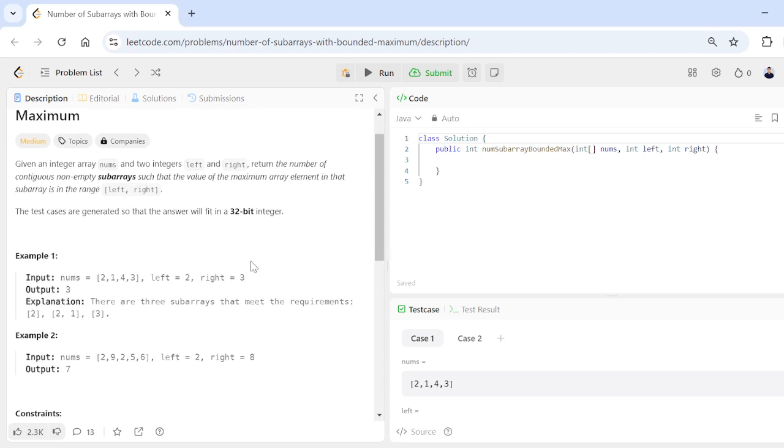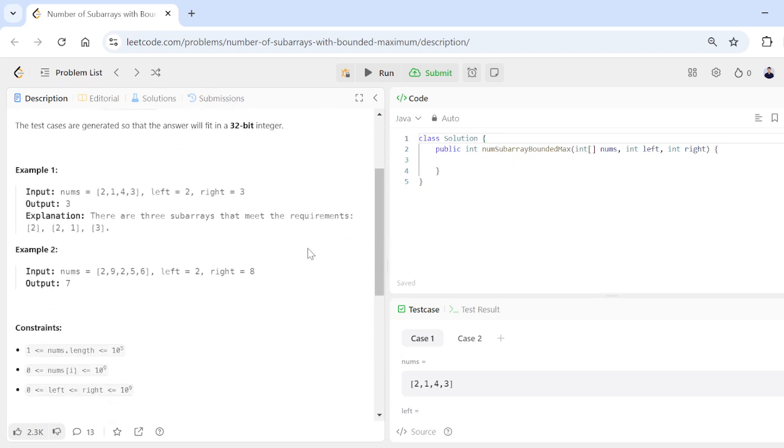We are given an integer array nums and two integers left and right. Return the number of continuous non-empty subarrays such that the value of the maximum array element in that subarray is in the range of left and right. So we have to find each continuous subarray in which the maximum value comes under the range of left and right. Let's take the first example where nums contains 2, 1, 4, 3, left is 2